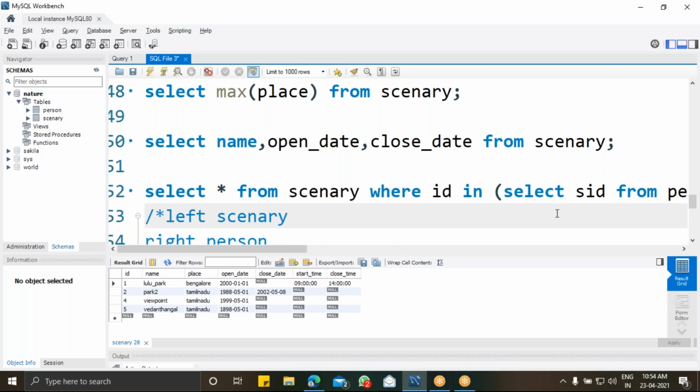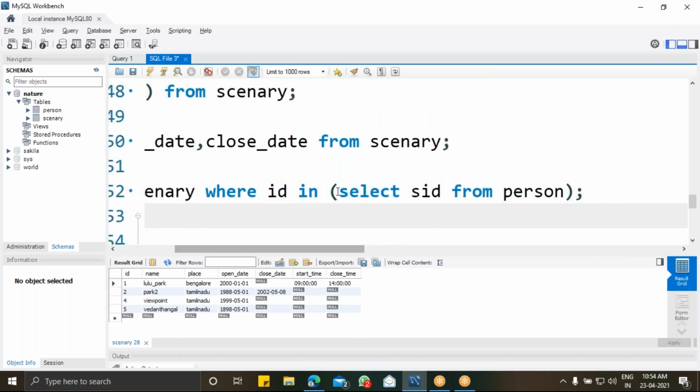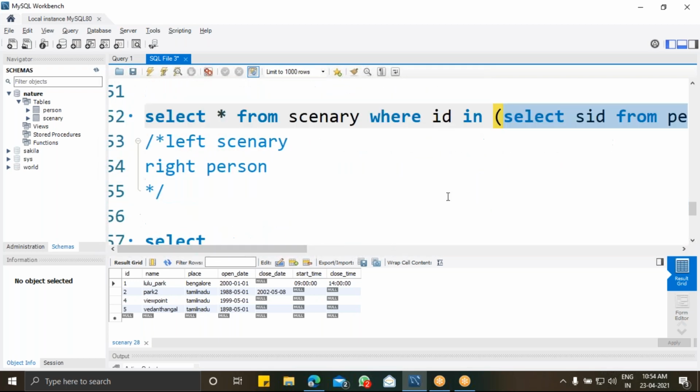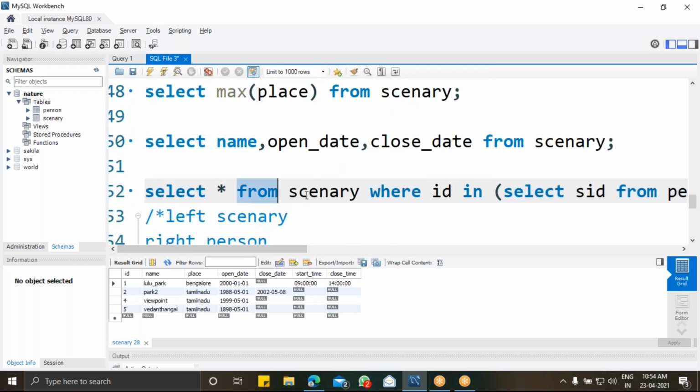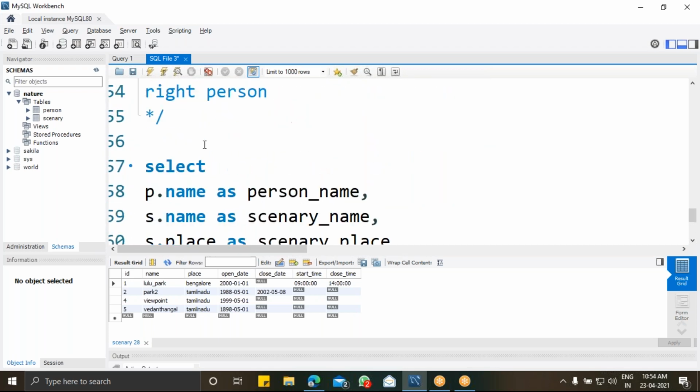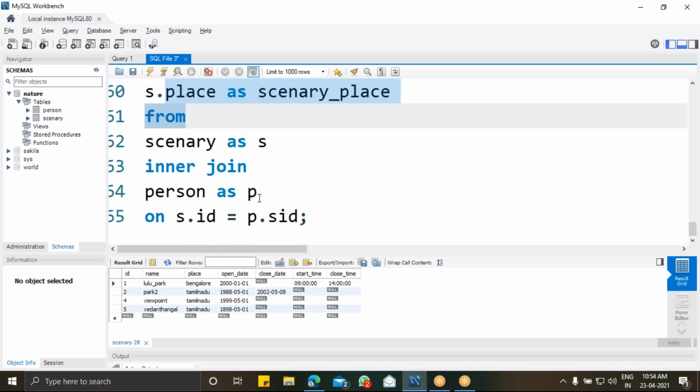So நம்ம இங்க என்ன பண்ணிருக்கோமோ அதே தான் இங்கேயும் பண்ண போறேன். இங்க என்ன பண்ணிருக்கேன், அந்த சீனரி ஐடியா வந்து ஒவ்வொன்றையும் எடுத்து நான் இங்க பெர்சன்ட் இந்த சீனரி டேபிள்கிட்ட கொடுத்துருக்கேன். பட் இங்க என்ன பிரச்சனை அப்படின்னா இங்க சீனரியில இருக்கிற டேபிள்ஸ் மட்டும் தான் நம்ம எடுத்துருந்தோம். But here what I'm going to do is take both the person table values and also the scenery table values. So இதுதான் ஒரு சின்ன difference between inner query and joins. Inner join is nothing but it will return only the common values that are available in both these tables, like sceneries 1 to 4, 5. These are the common values that are available in both these tables.